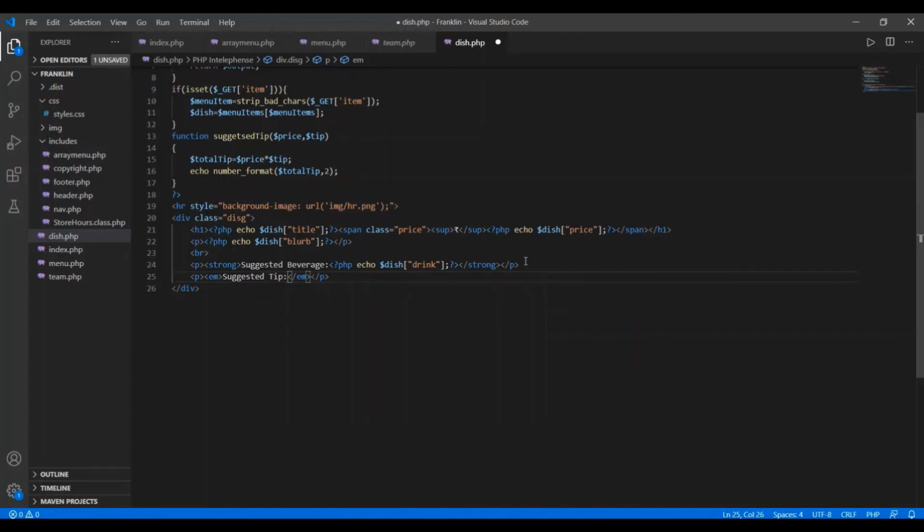But I want to display the currency here, so for this I'm using another element, sup, for superscript, and here I'm using the currency symbol, and after that I just wanted to display the value of suggested tip. So here I'm going to paste the PHP script, and here I'm going to call the function suggested tip.